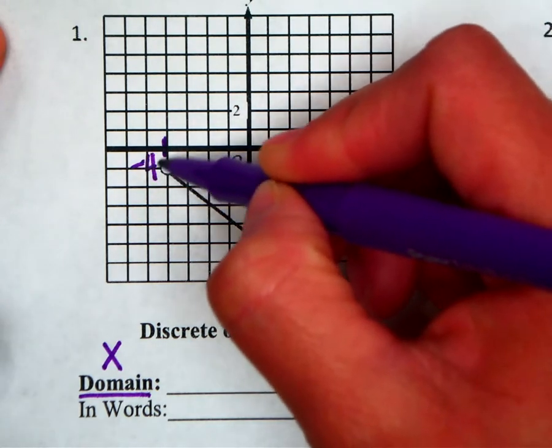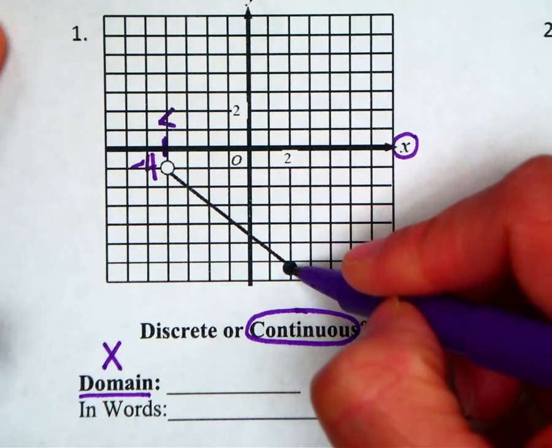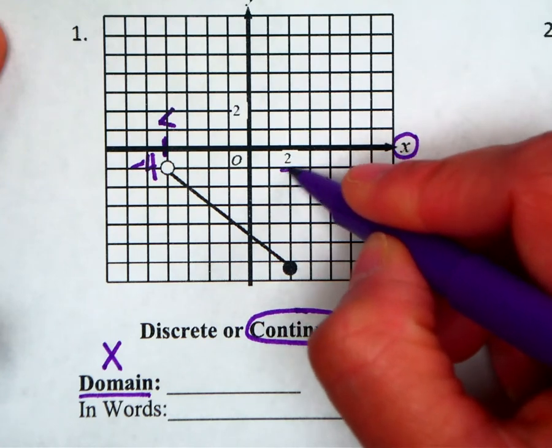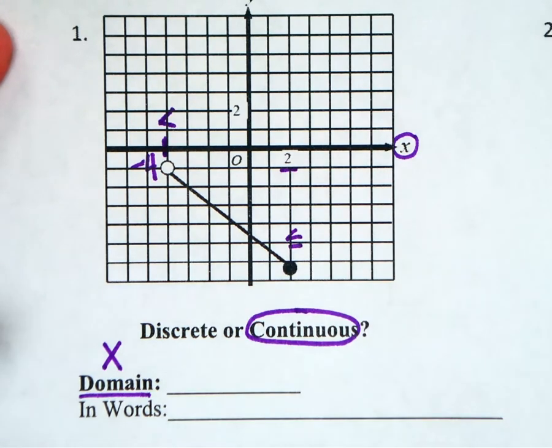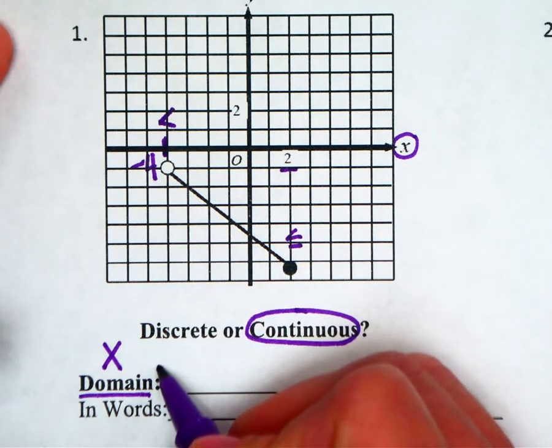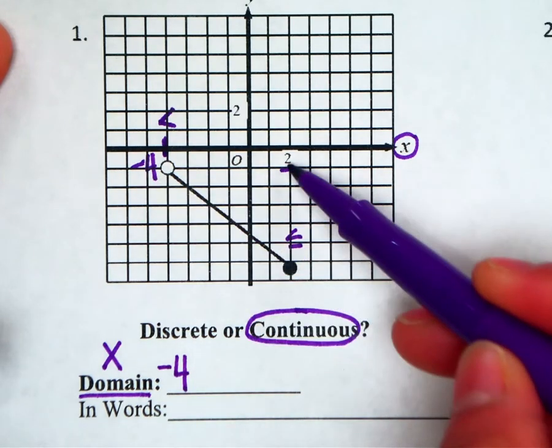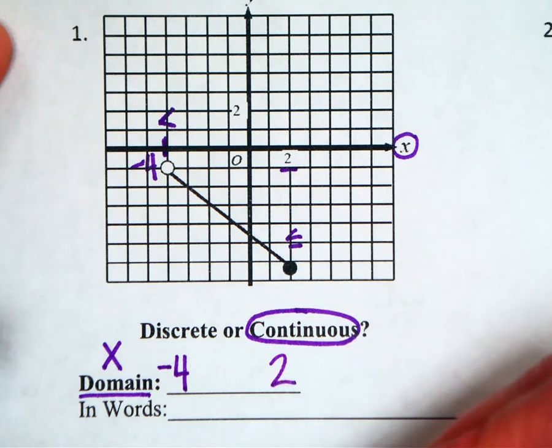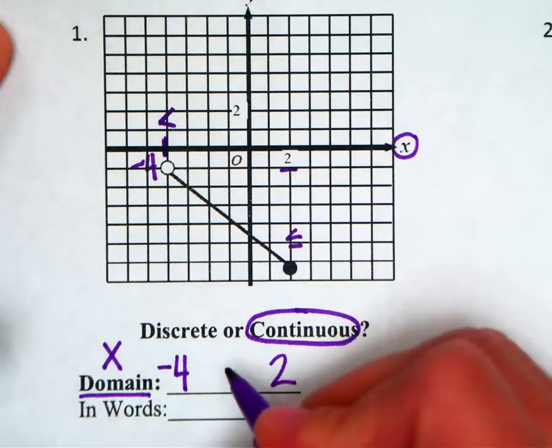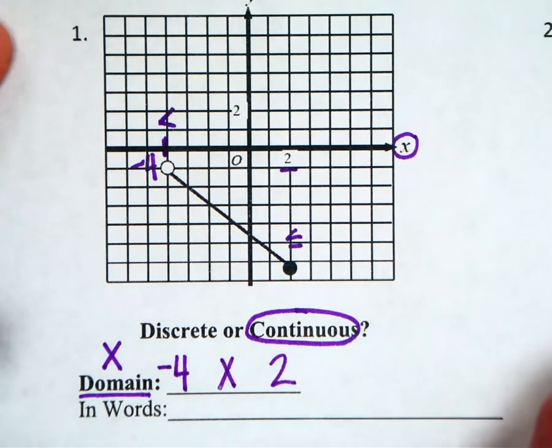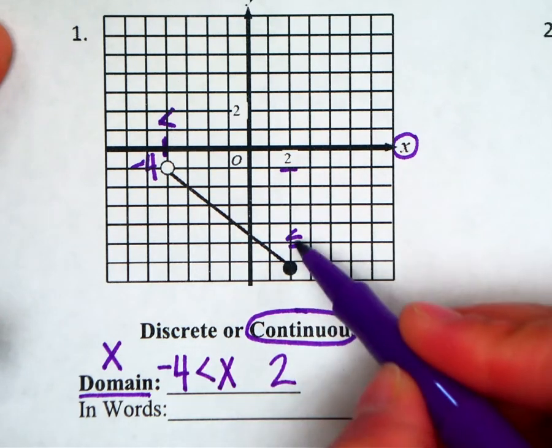And I know because this is an open circle, I'm going to have a less than symbol. And here it's a closed circle at +2. So I'm going to have a less than or equal to symbol. So when I write the domain, I'm going to have -4 first, because I'm looking at my graph from left to right, +2 last. All of the values in between here, I cannot list them, so they are going to be represented using x, and then I'm going to use my symbol for less than at -4 and less than or equal